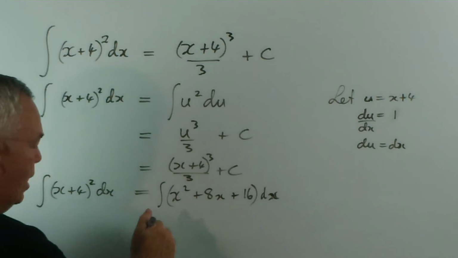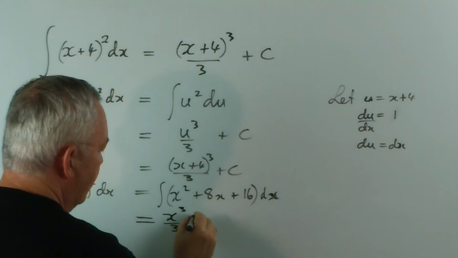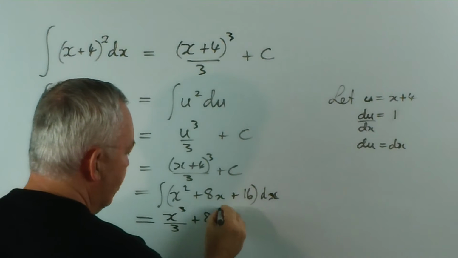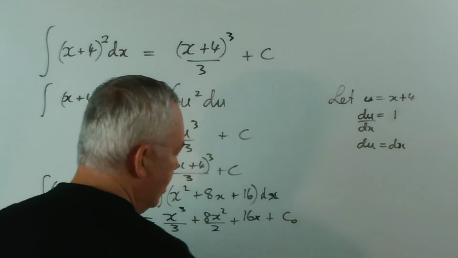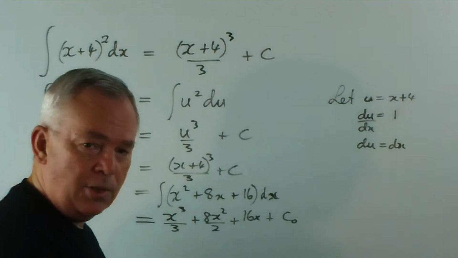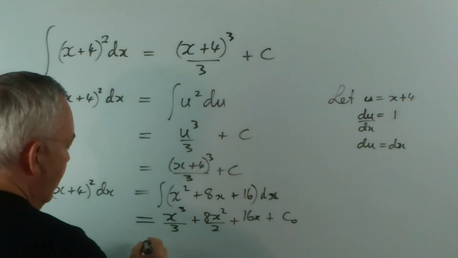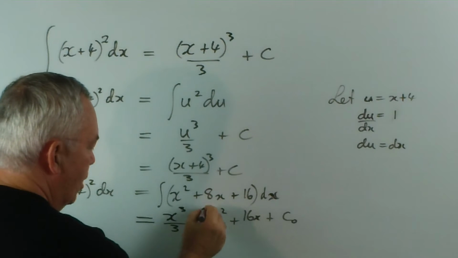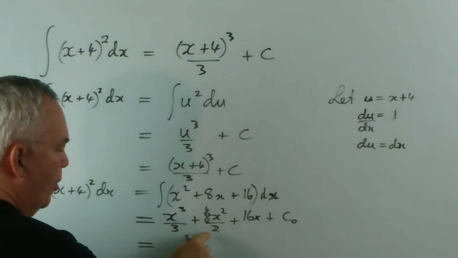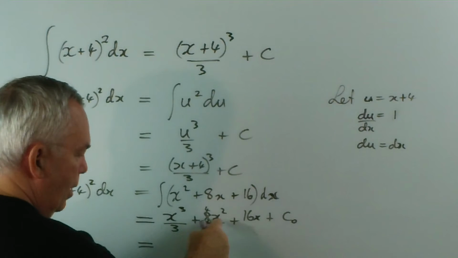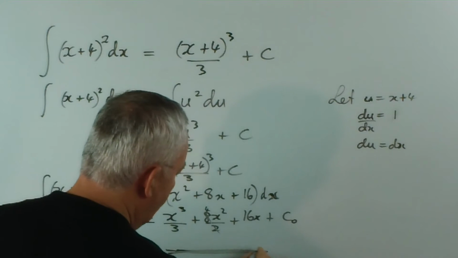And integrating this, we get x cubed on 3 plus 8x squared on 2 plus 16x plus a constant, which I'll call C0, because we're going to change that constant later. We're going to split it into two other constants. 2 will go into the 8 4 times. Now, I'm going to take a common factor of 3 out, even though 1 doesn't appear to exist in these positions, and divide everything by 3,